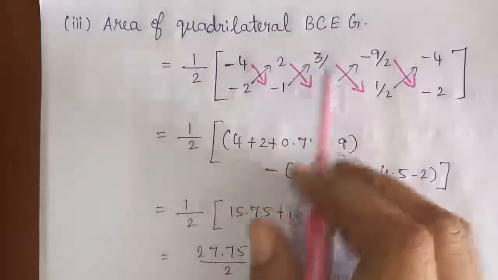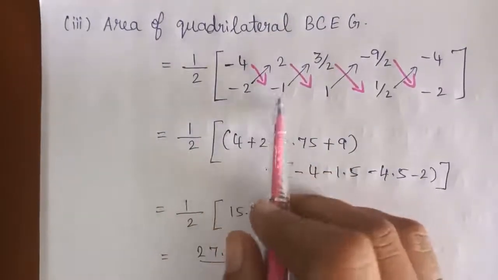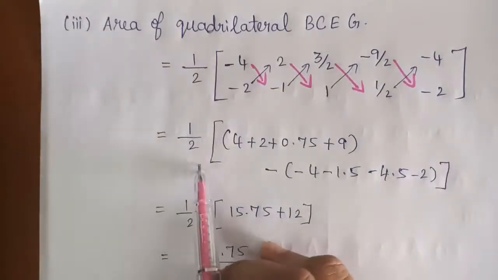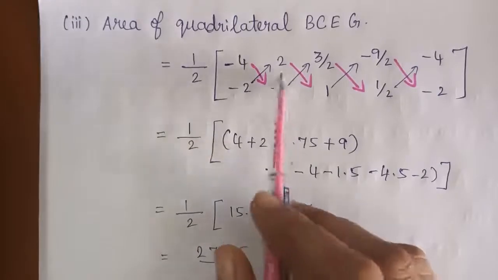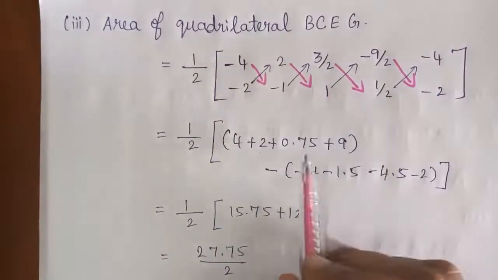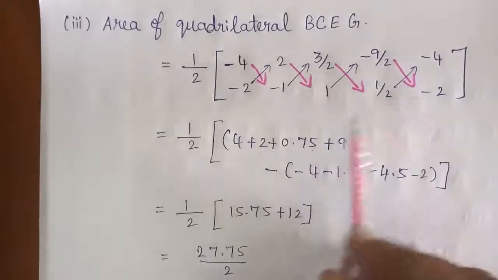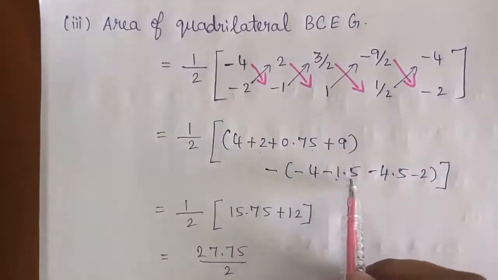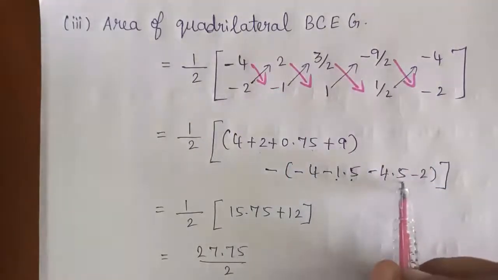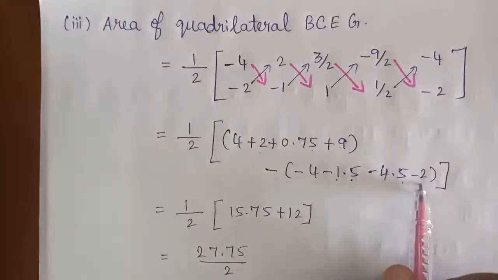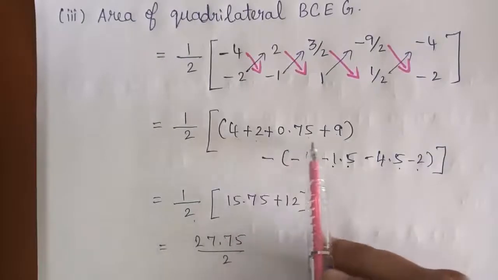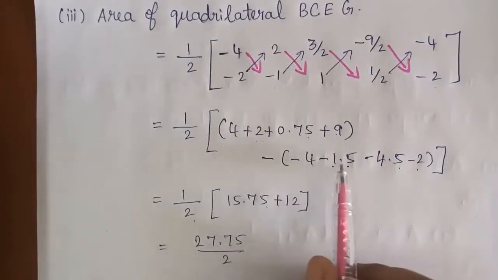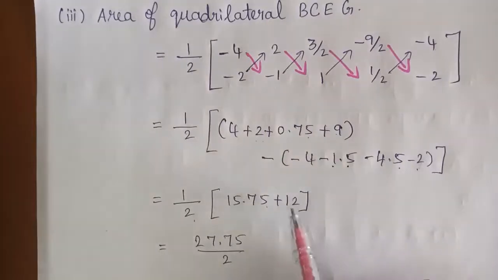Area of a quadrilateral BCEG is equal to 1 by 2 into minus 4 minus 2, 2 minus 1, 3 by 2, 1, minus 9 by 2, 1 by 2, minus 4, minus 2, which is equal to 1 by 2 into minus 4 into minus 1 is 4, 2 into 1 is 2, plus 3 by 2 into 1 by 2 is 0.75, plus minus 9 by 2 into minus 2 is 9, minus 2 into 2 is minus 4, minus 1 into 3 by 2 is minus 1.5, 1 into minus 9 by 2 is minus 4.5, 1 by 2 into minus 4 is minus 2, which is equal to 1 by 2 into 4 plus 2 plus 9 plus 0.75 is 15.75, minus into minus plus 4, 1.5, 4.5, 2 is 12, which is equal to